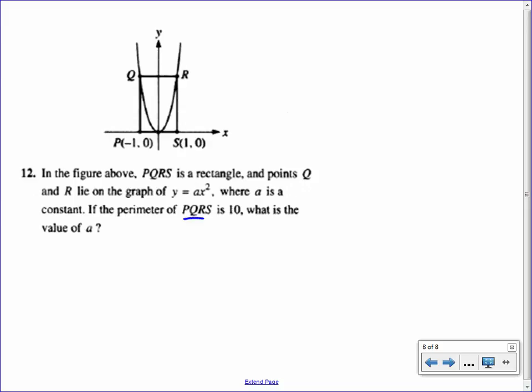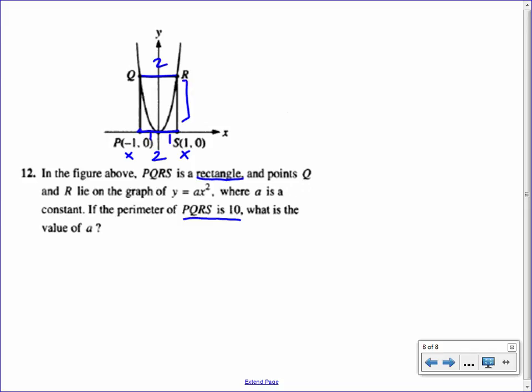Okay, so we have a lot of information here. We know this is a rectangle, so we know that the parallel sides are going to have the same lengths. We know from the picture that the length of this side is 2 because we're told that this point here is at x equals -1, and this point here is at x equals 1, so we know we have 1 and 1 here. And since they tell us that the perimeter is 10, we could figure out the length of